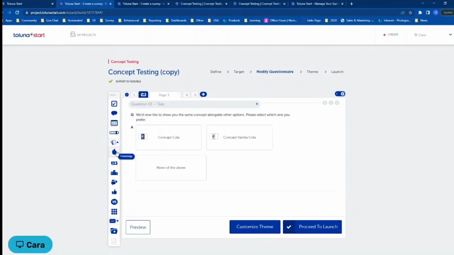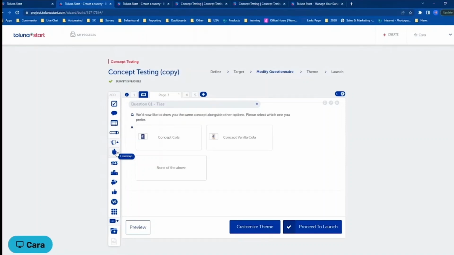I mentioned a lot about the complex questionnaire, but for anyone who is looking to do more agile, simple, quick research, we can definitely support that within Toluna Start as well. And everything is built to be in a very agile program and be able to support you with all of your different research needs. On that note, I'm going to talk a little bit right now about our flexible service